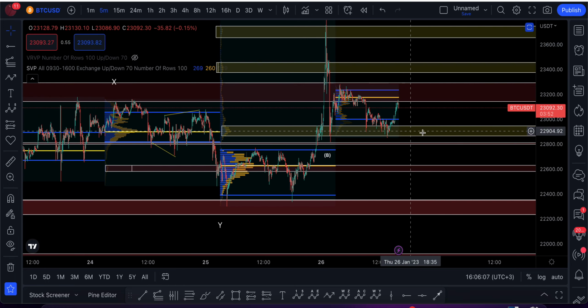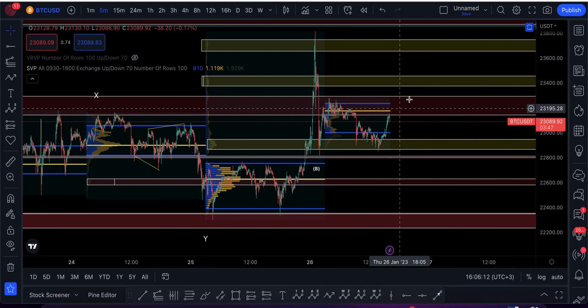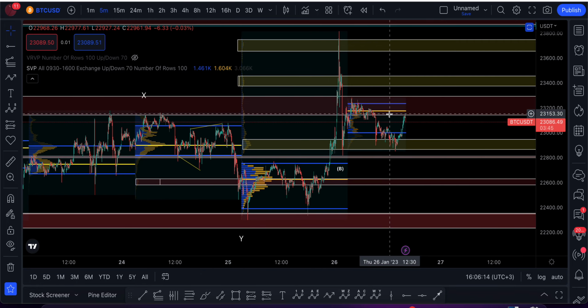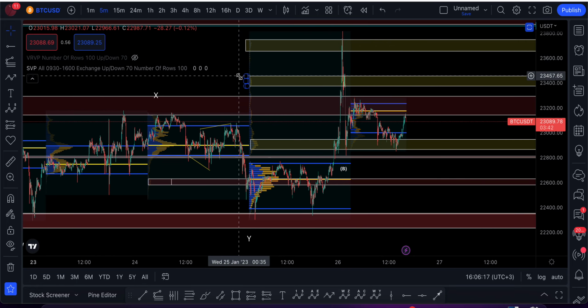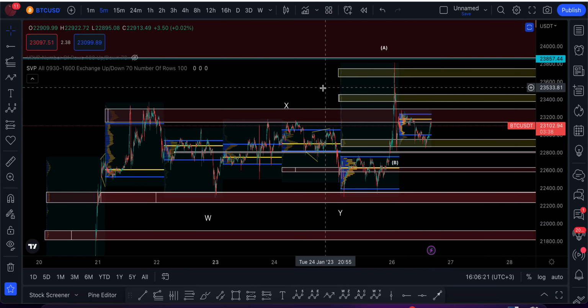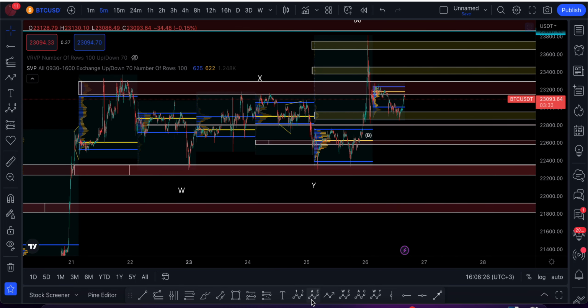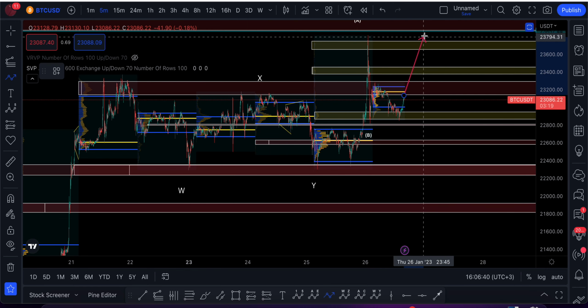Yeah, so we are yet to see how far this move will go, right? Currently, we can see that we're being rejected a little, but this is too early to tell. This is a 5-minute time frame, and we'll see what happens. So I'm still expecting price to push higher from where we are, but I'll be looking out for whether we break this resistance, and if it breaks, then I'll have to create a video to share my thoughts of what is to happen. If we stay above here, then I'll be expecting price to slowly but surely push to